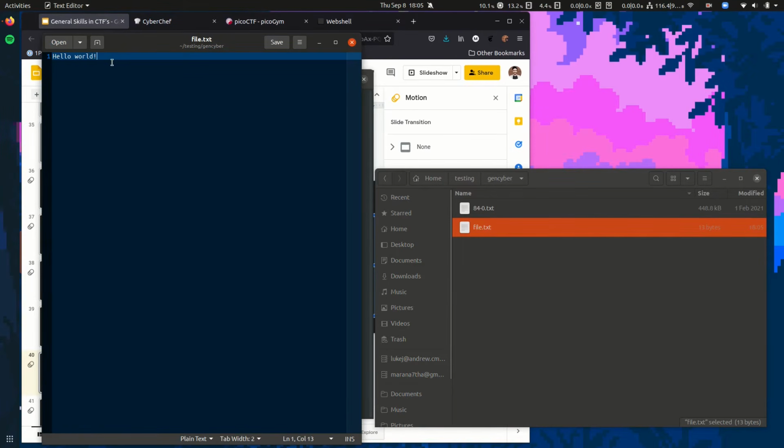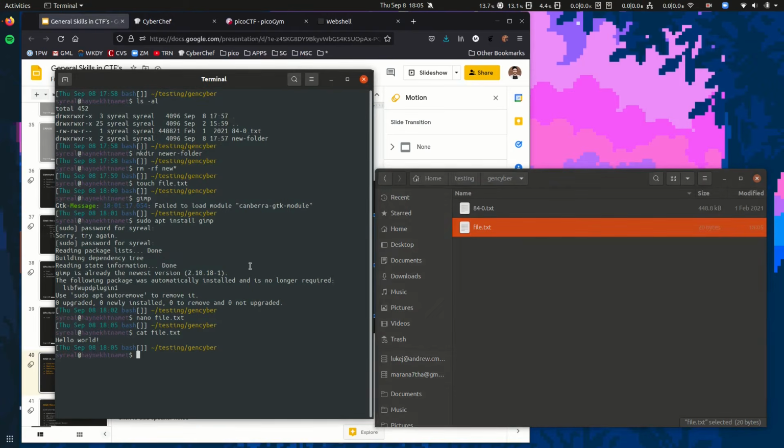And yeah, just double clicking on it brings up the graphical way. It has the same text because it's the same file. And add a little bit more flavor text. Save it with Control S. Close. Cat it again. There it is. So as you can see, we're working on the same file through two different means.